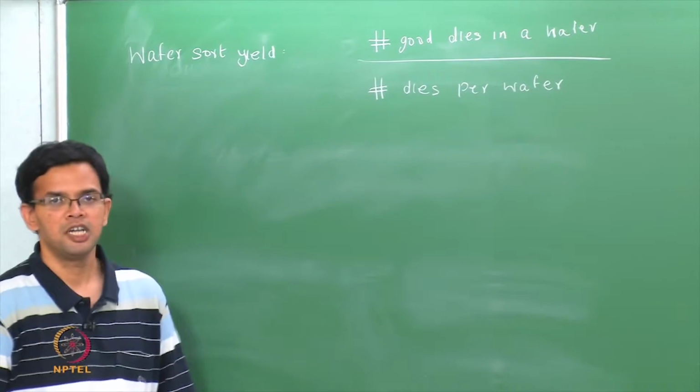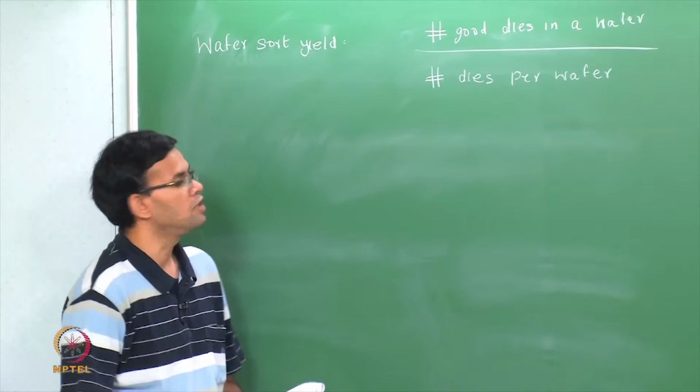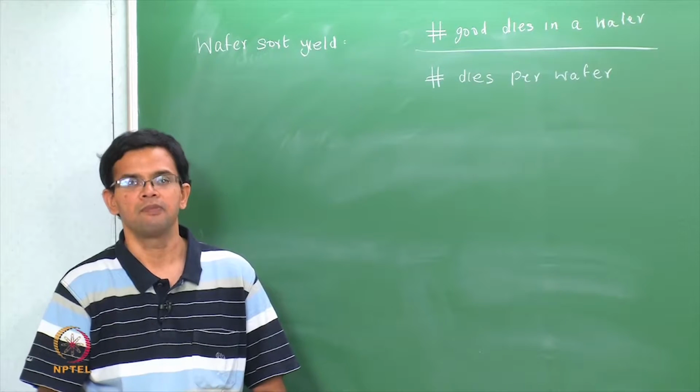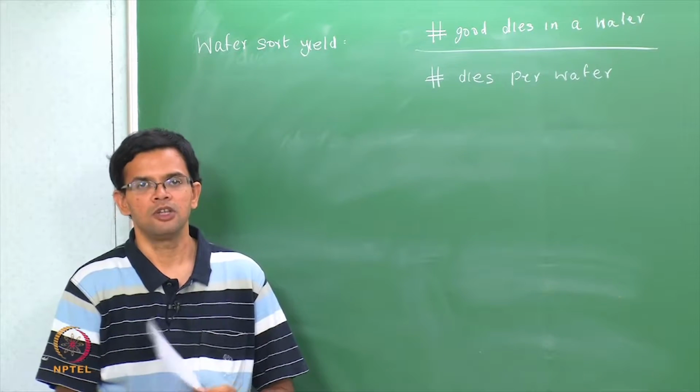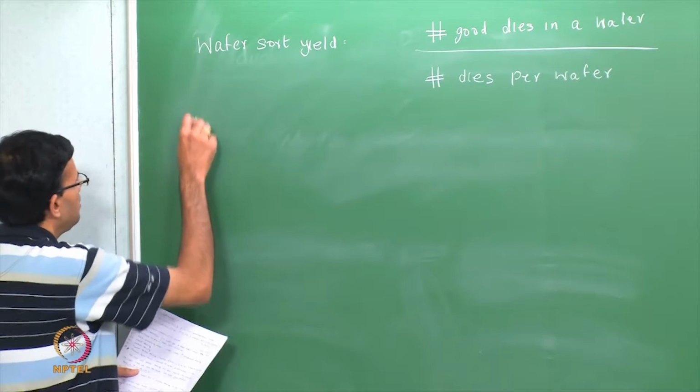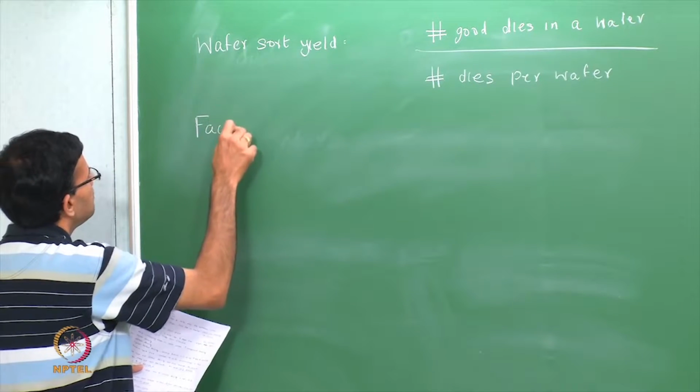So, as I mentioned earlier, when I talk about good dies, these are dies that have electrical functionality in them, so that they pass some sort of E test or electrical test. So, the factors that affect the sort yield: